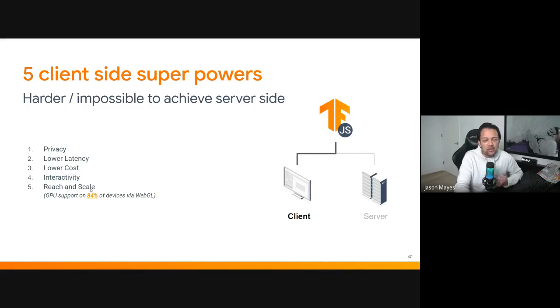And then the fifth point, reach and scale of the web. Anyone in the world can open a web page and then use the resulting content. The same is not true if you try to use Node.js or Python on the back end with machine learning, because in that situation, you have to install those environments on a Linux server. You then have to install TensorFlow. You then have to install the CUDA drivers. You then have to clone the GitHub repository, read the README, and hopefully, if you understood it correctly, you have a chance of running the machine learning. That's a big barrier to entry for a lot of people out there. Whereas here, if someone's made an example, you can just go to a web page and it just runs. So reach and scale is very important here, and shareability.